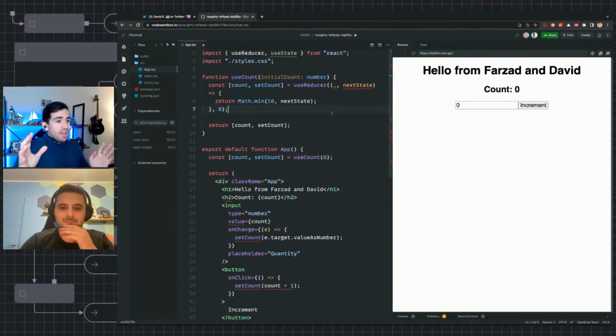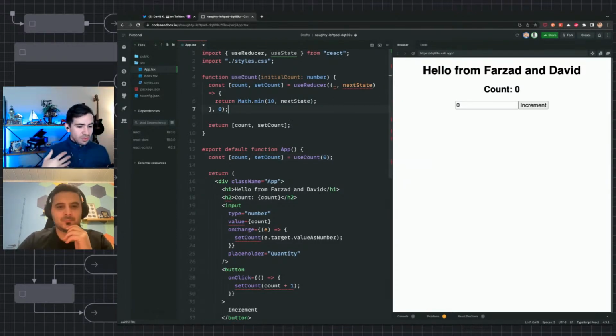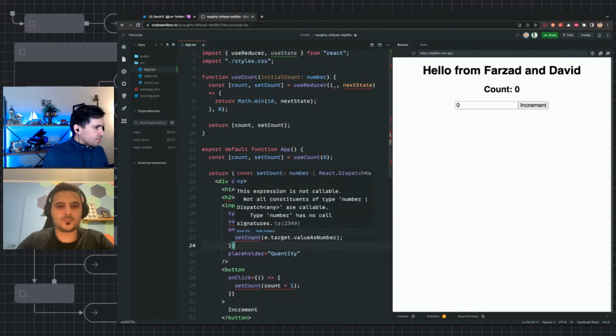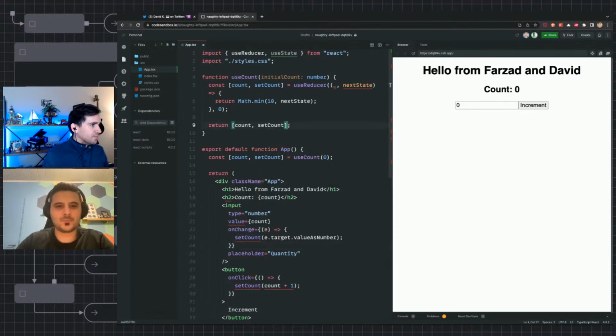So now if you showed this to your development team and they were either pro useState or pro useReducer, it doesn't matter anymore because you have this nice API of what is the current state and how can I affect the current state. So that's what that setCount is. Although I think I might have broken something or TypeScript's mad at me. So yeah, while you fix that, I would say